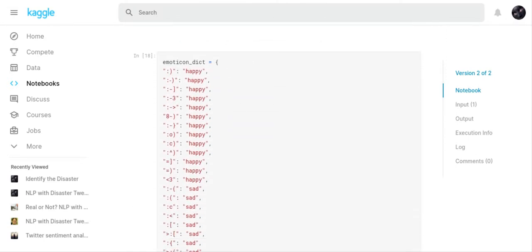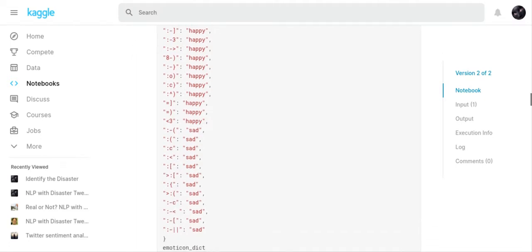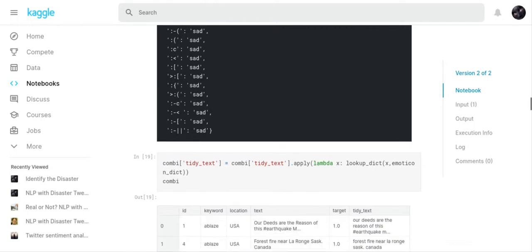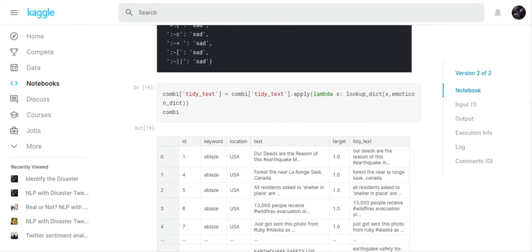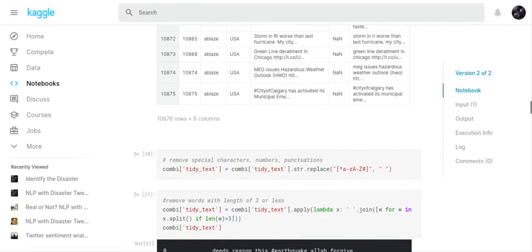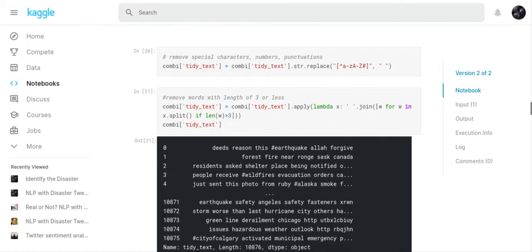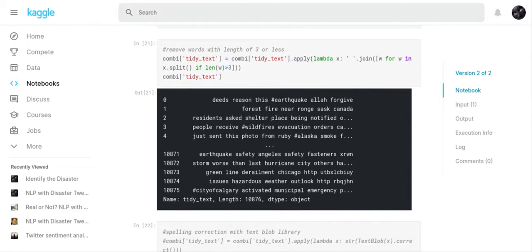Then we had an emoticon dictionary, and all of the emoticons were replaced with words. So then the next thing we did was we removed the special characters. And then the next thing we did was we removed all words